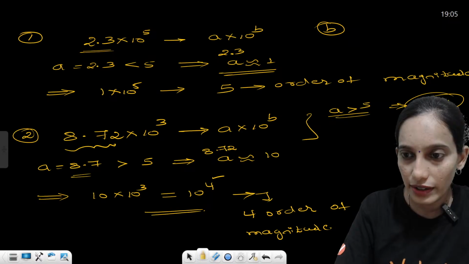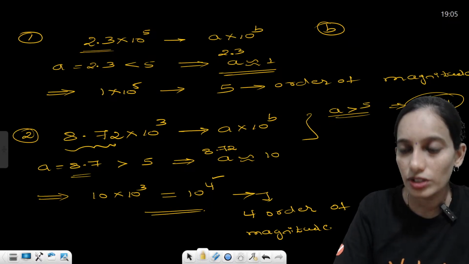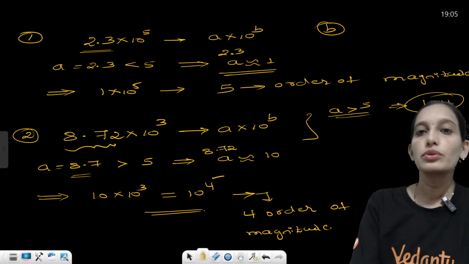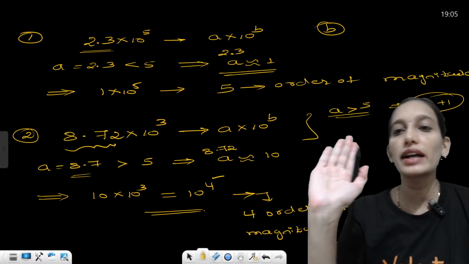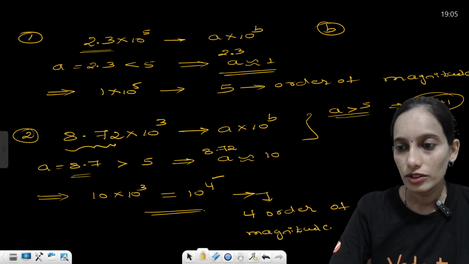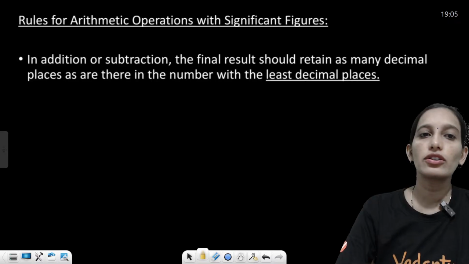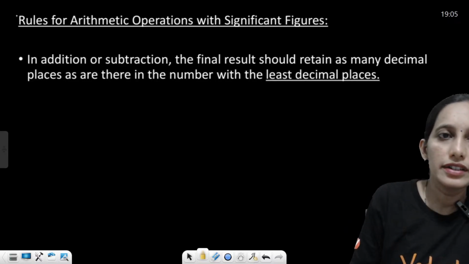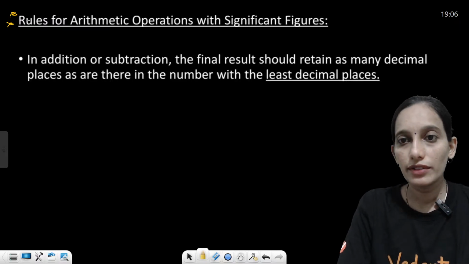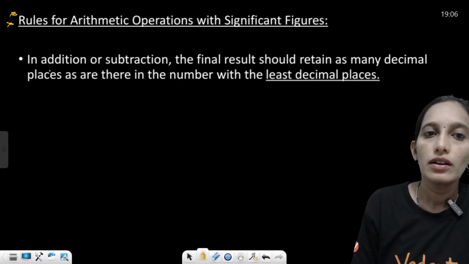So moving ahead, this is about scientific notation and its importance, and how to get the order of magnitude. An MCQ can be asked on order of magnitude, just by giving a number, how to get the order of magnitude. And there are two more simple concepts to learn with respect to significant figures,